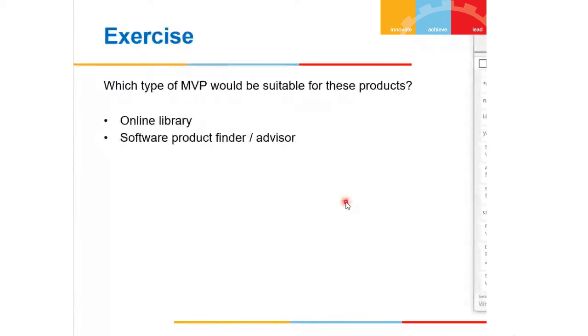Then the software product finder or advisor. I think we had this case study last time, but did not have time to go through it. The idea here was, this is a hypothesis, right? Many companies were struggling to decide which software to buy for their company. Buy meaning either buy it and install it, or it could be a SaaS application also. So there are many products for, let's say, your business management. It could be Zoho, it could be Freshworks,